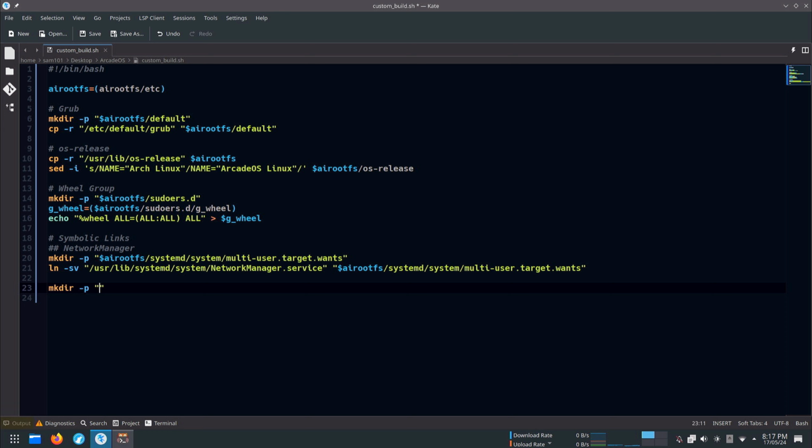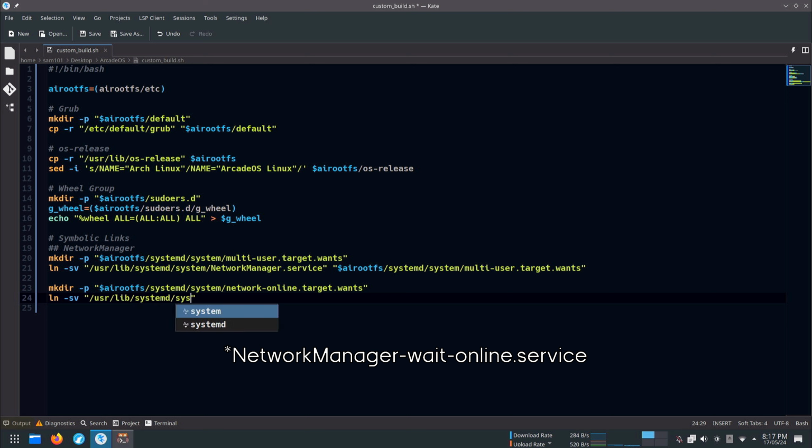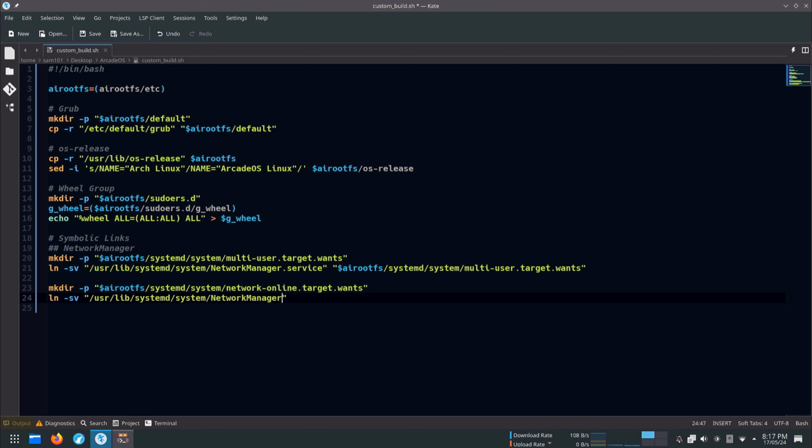Now create a folder named network-online.target.wants inside the arootfs/systemd/system directory. Then create a symbolic link of the NetworkManager-wait-online.service file inside the network-online.target.wants.